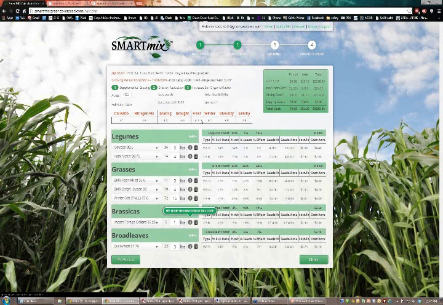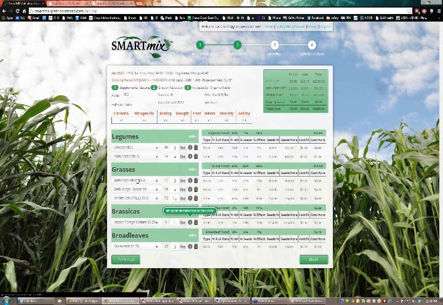4.7 out of 10 for frost, so it's saying about half this stuff is going to survive the first frost. And 6.1 out of 10, saying some of these things are going to overwinter for us in Columbia, Missouri. That would mainly, in this situation, of course, be the hairy vetch and the winter oats. And the collards should overwinter there, too. It's pretty good, 8 out of 10 on a diversity score. We've got a very diverse mix here. And a 2.9 out of 10 on a salinity score. That's just simply saying how good is it in the higher saline type soils. Some things are going to be definitely better than others in that situation.